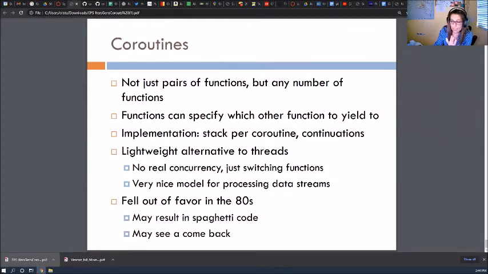It was a very nice model of concurrent processing for data, especially for data streams. But it kind of fell out of favor in the 80s, and the reason was clear. It's because it can give rise to very confusing code, right? It's basically glorified go-tos. It's sort of a structured programming version of go-tos.